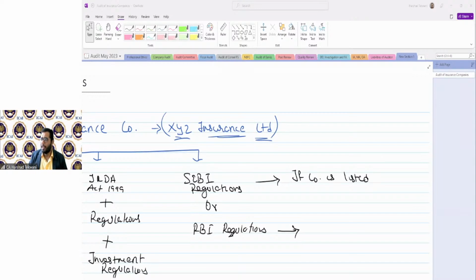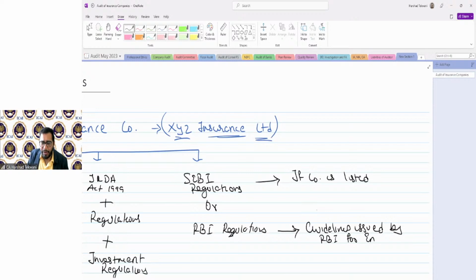Where will RBI regulations be applicable? Correct. If an NBFC carries on insurance business, at that point in time RBI regulations will also be applicable. So there are specific regulations for NBFCs carrying on insurance business. So there's a guideline issued by RBI